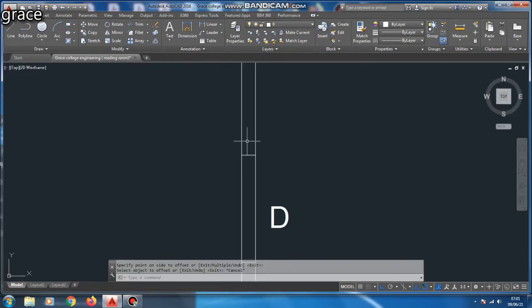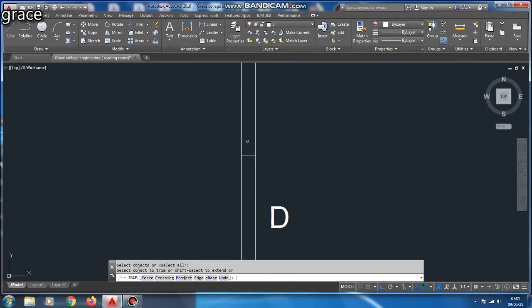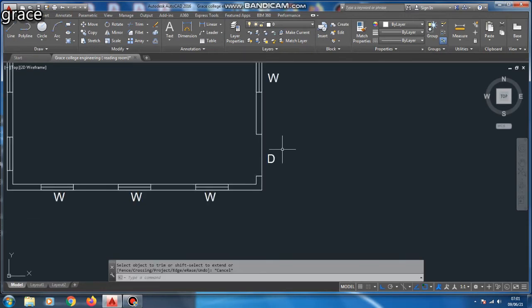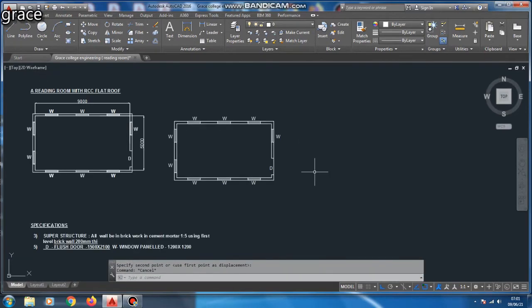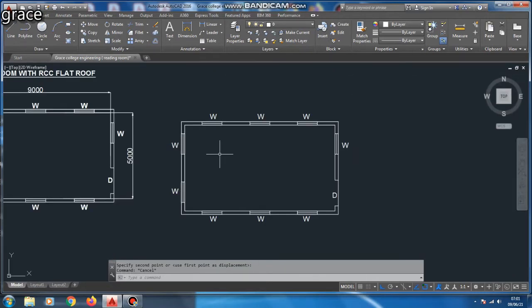The dimension is 1500. Next I am going to trim the inside wall thickness. So this is our door. Okay, so here we are completing our plan of the diagram.